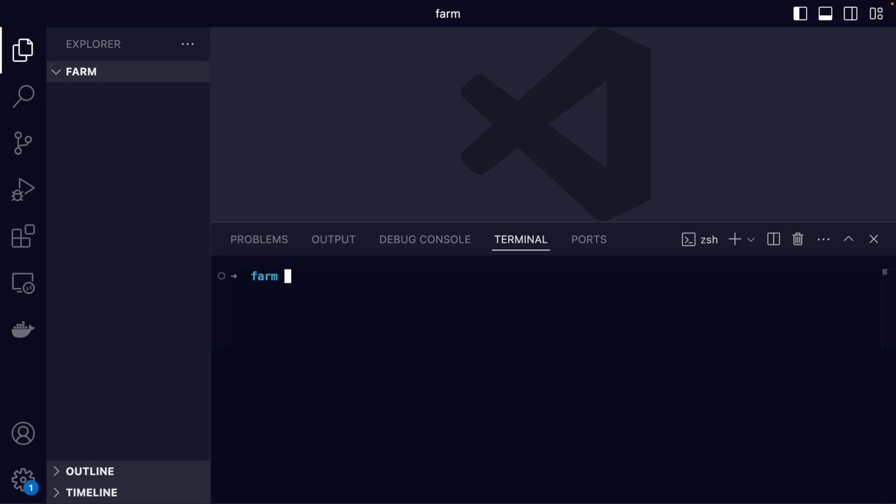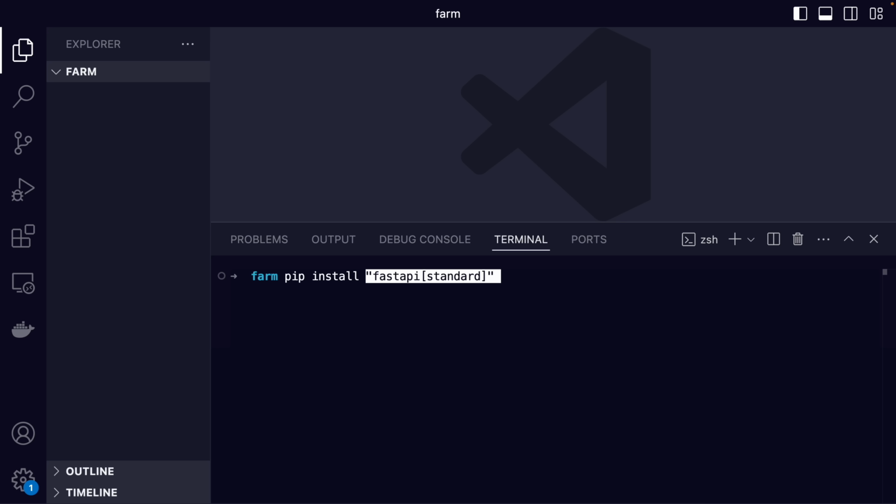This won't use any of the other elements of the Farm Stack, but once you see this, you'll have a better understanding for the context when we build our full Farm Stack application. So again, this is just a super simple FastAPI project, and the code comes from the official documentation, and this is what they recommend as your first project. So first we're going to install by pip install